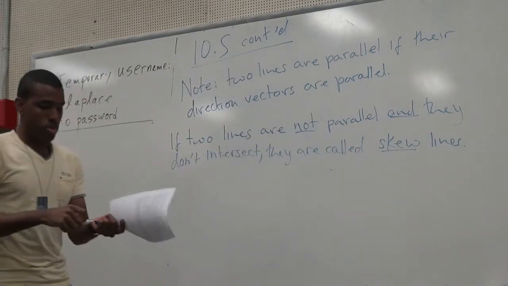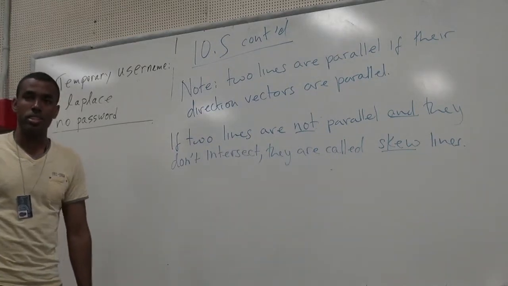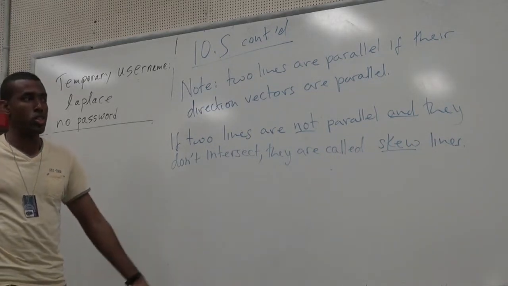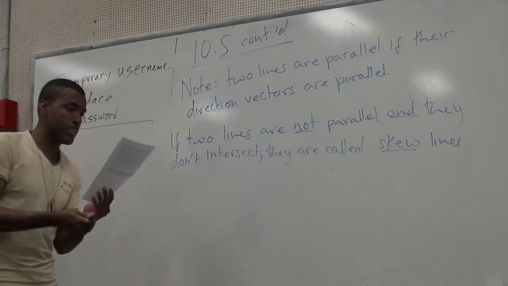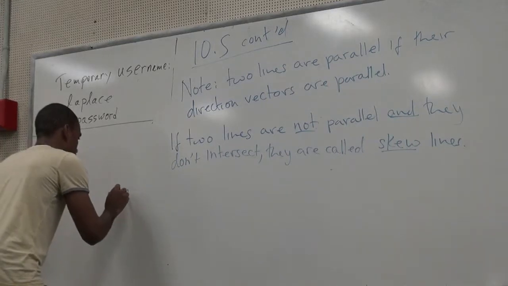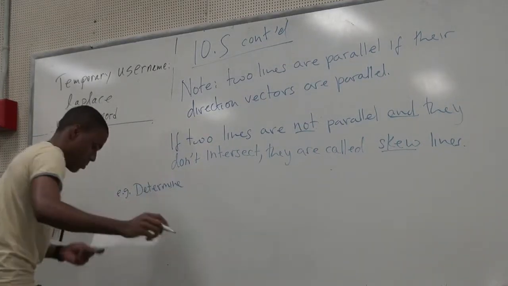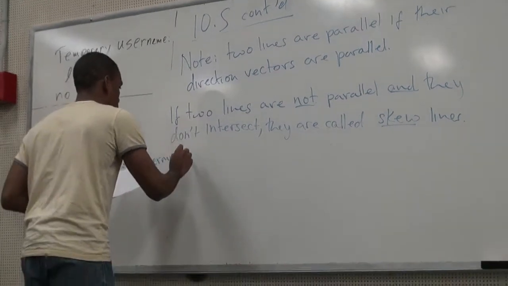So we know two lines are parallel if their direction vectors are parallel. If they're not parallel and they never intersect, we call them skewed. We say the lines are skewed, or these are skewed lines. Okay, so as an example. Determine